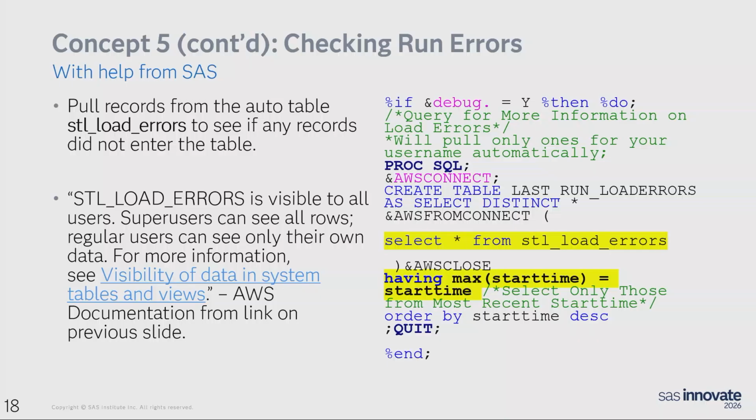The code here connects to the Redshift environment and pulls data from that table into a SAS dataset. By default, this table contains a row for each record that errored during the load. It's especially important to check this since some records could still have been loaded and each record could have had different or multiple load issues. This query also uses a having clause to limit the returned records to only the most recent query and only the most recent runtime. Otherwise, this would pull back records for other queries too that were previously executed.